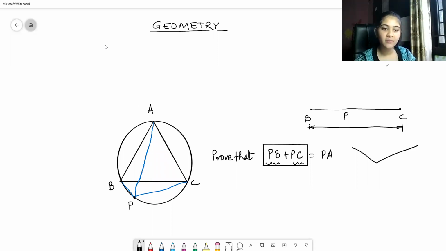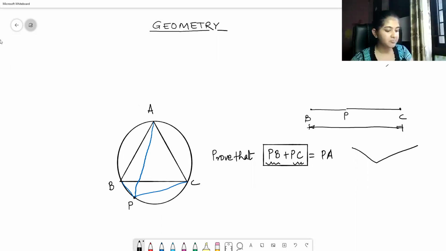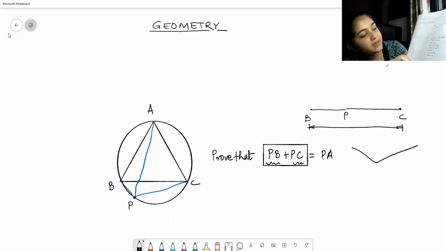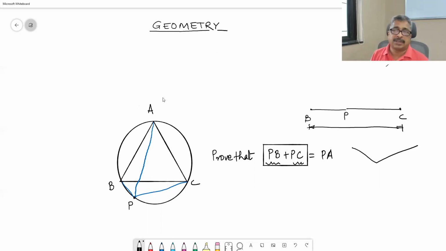Yes. Sir, but I did the same. I could not see your equilateral angle in the diagram. Sir, triangle BPC dash is an equilateral triangle, the small one. But then you have not joined BC dash. That is why it is not visible.